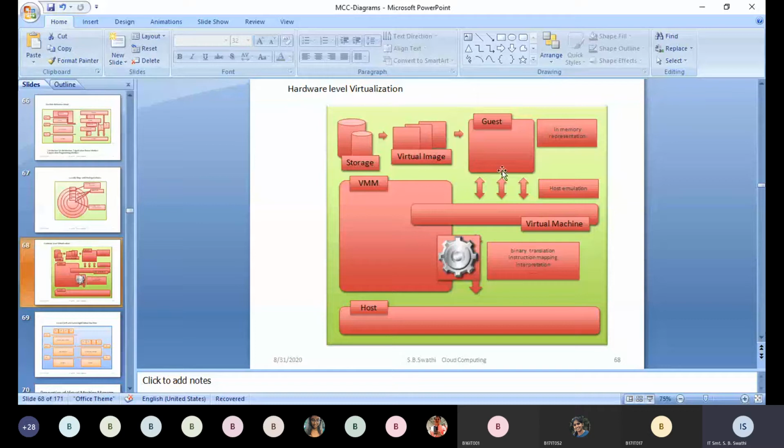Each and every request of the client is passed on, and it is stored successfully on the host. Irrespective of the formats of the applications generated by the guest, everything will be supported by this VMM. So normally we go for the configuration and storage here. In a hardware level, we combine these two things.